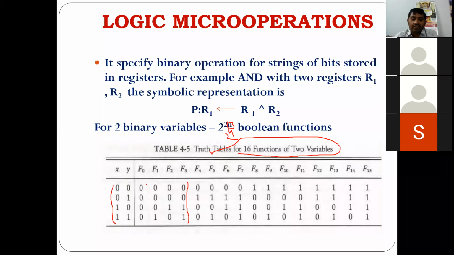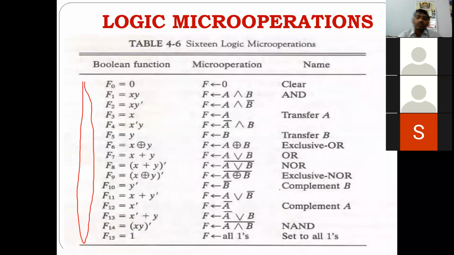If you write all 0 1 2 3 as he has written, then analyzing it is very tough, because 0 0 0 0 0 1, like all these things, right? Instead of that, you write your own functions for this. For example, see here, f is equal to 0, f is equal to a and b, f is equal to a b bar, f is equal to a, and f is equal to a bar b, the AND operation, right? So he is taking A bar, the complement of A, and doing an AND operation with B.